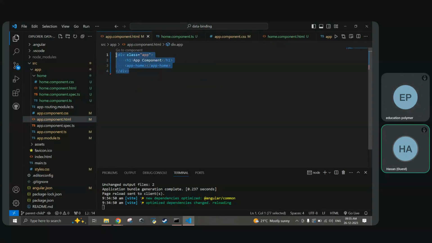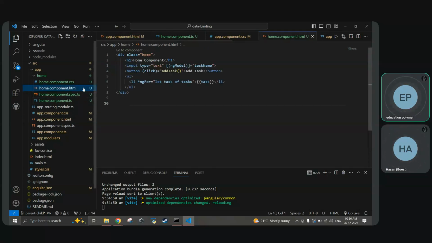This div is the parent component, parent element, and this is a child element, right? Child component. Inside the parent, it is loaded. So this kind of parent child structure I have to create. So what do I do here is in this home component,